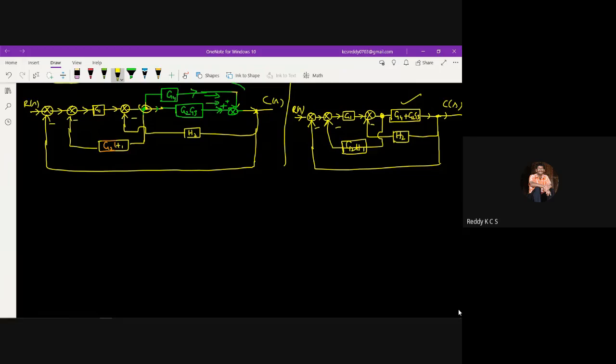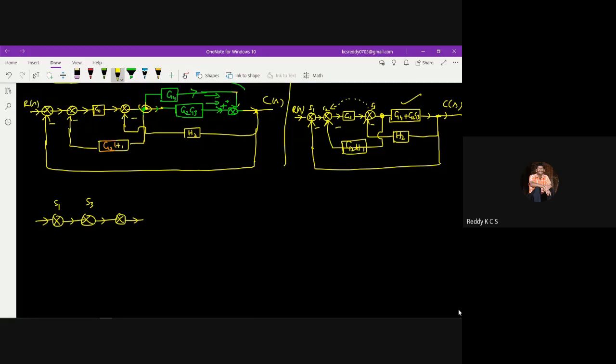So what I do is I shift this summing point toward this and then interchange. This is summing point 1, summing point 2 and summing point 3. So I will shift the summing point 3, that is summing point 1, and then this is the summing point 3, because I am applying the associative law also directly here. Two operations in a single shot I am doing.